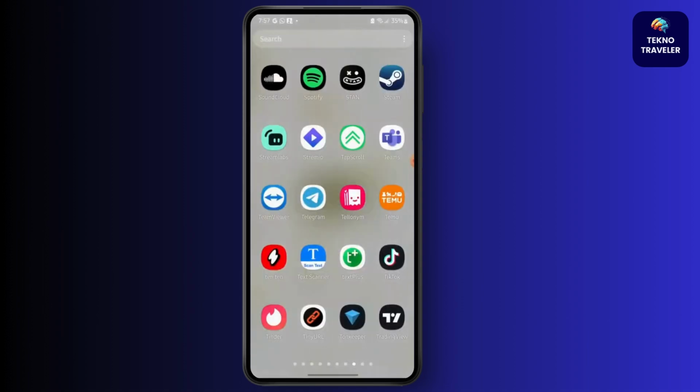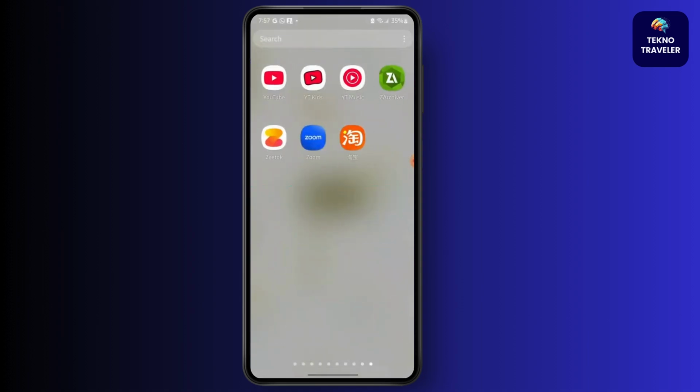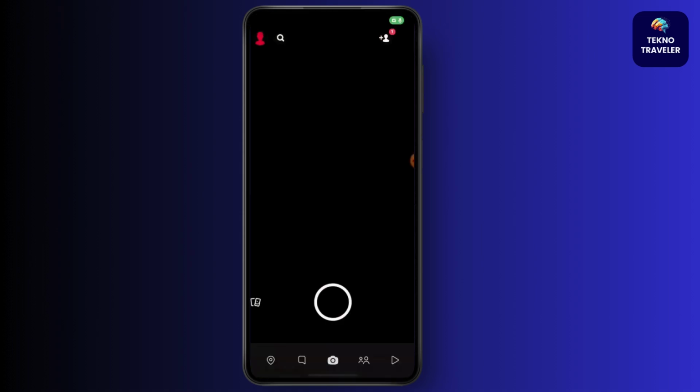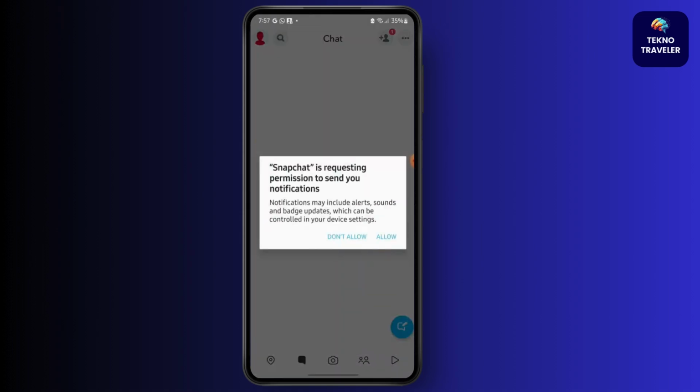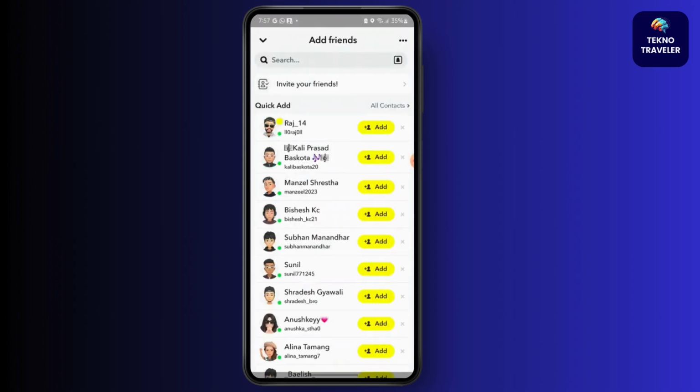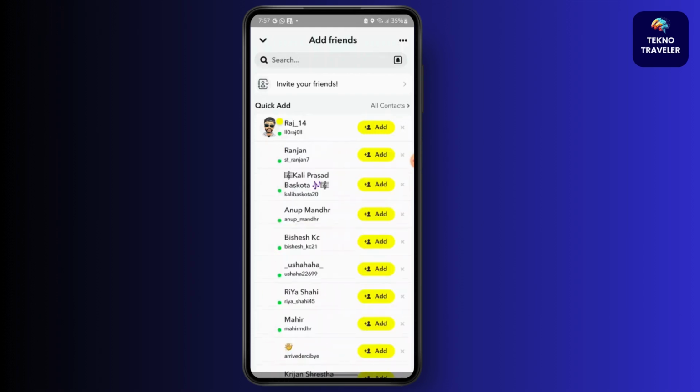So first, launch your Snapchat application. Then go to the chat section. After that, you will see an option of adding friend over here. Now, if you tap on add and then